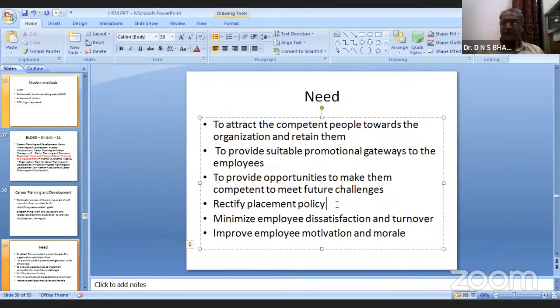And that policy can be rectified if you have any sort of career planning policy, and it minimizes employee dissatisfaction and employee turnover. So if you are providing a better place to the employee for career planning, okay, Babu, you learn more, you get this skill, or you develop your education, then I will promote you towards the next higher